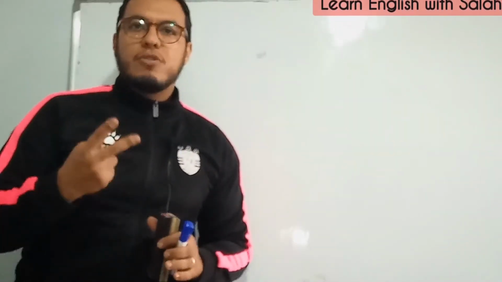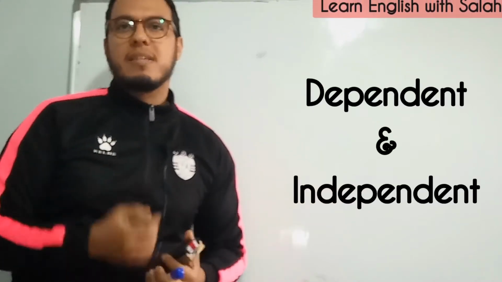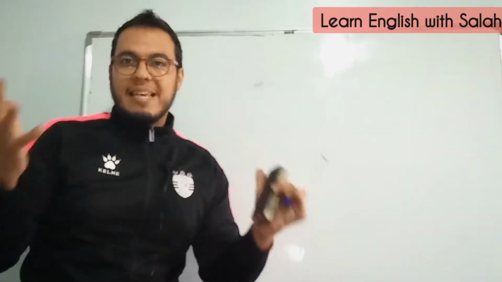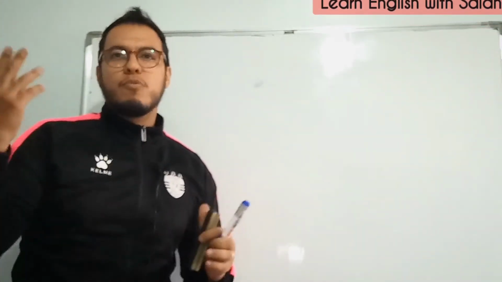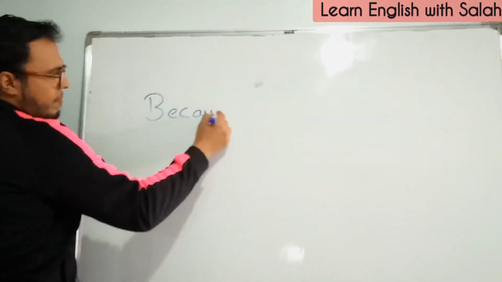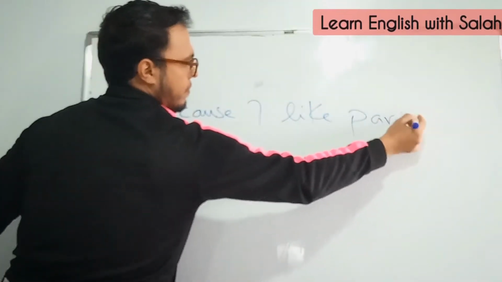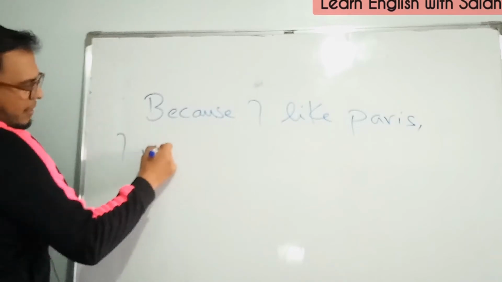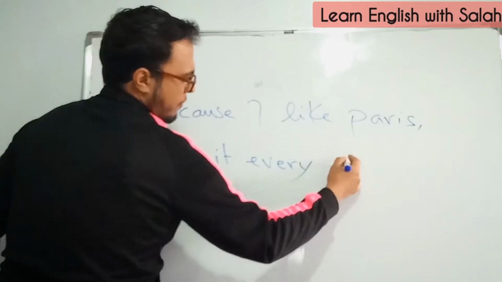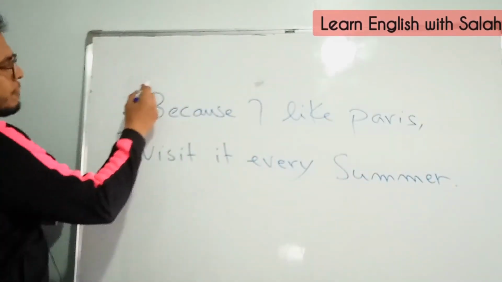Clauses in English are divided into two parts. The first one is dependent clause and the second one is independent clause. Let's have examples. I'm gonna write a sentence and inside there will be two clauses, because a full sentence contains two or more clauses. So let's say, for example, because I like Paris, in this sentence, guys, we have two clauses. The first one is